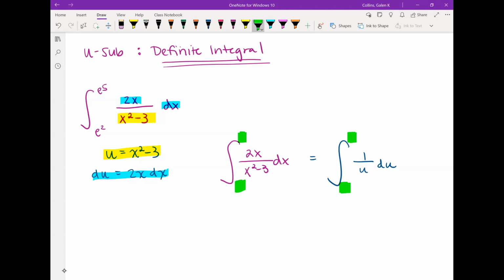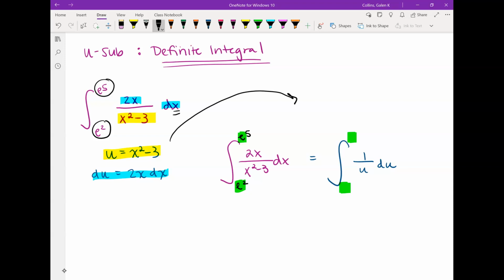So if I write them in terms of x, these original limits, e to the 5th and e squared, were limits for when my definite integral is written in terms of x. So in other words, they're x values. So e to the 5th and e squared. However, they're not u values. So for my definite integral, if I want to write my limits, I need to rewrite them in terms of